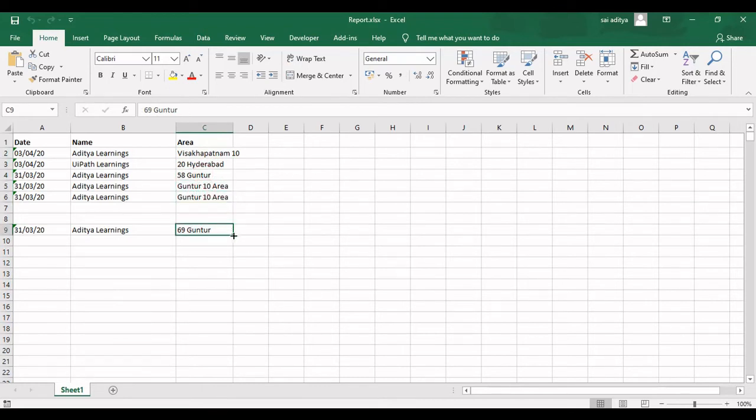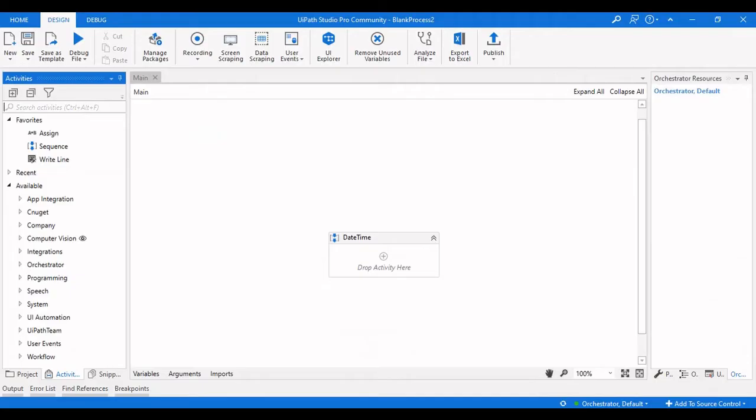And what we are going to learn in this video is how to get a number from this particular variable or the value in the column cell, and how to avoid any spaces or values not present in the column, how to get empty values, and how to iterate through each row of this particular column. And this is what we're going to learn. And let me quickly go back to UiPath Studio.